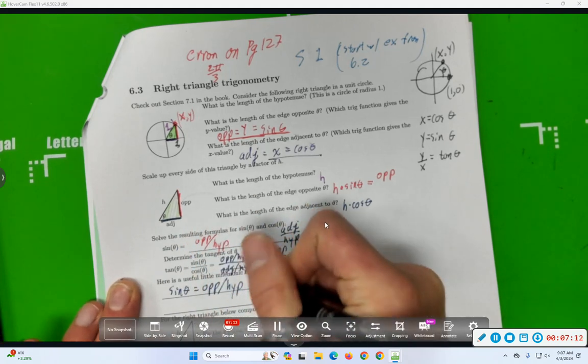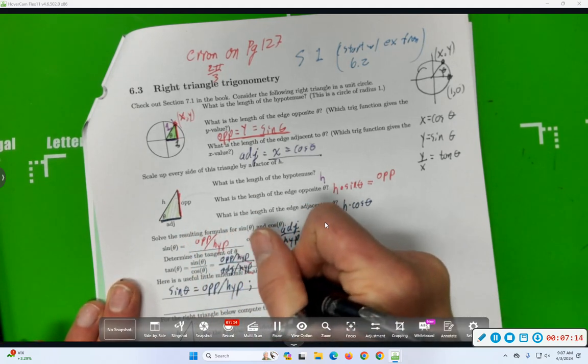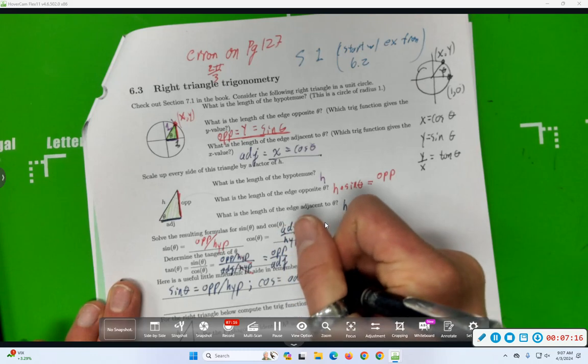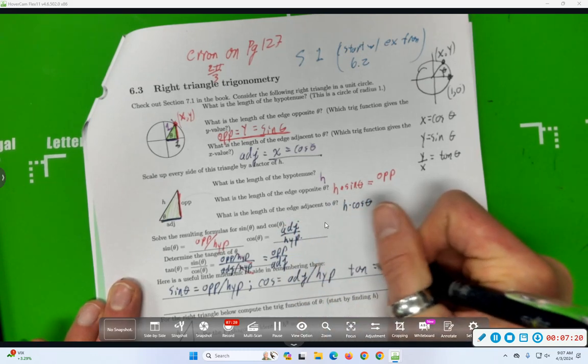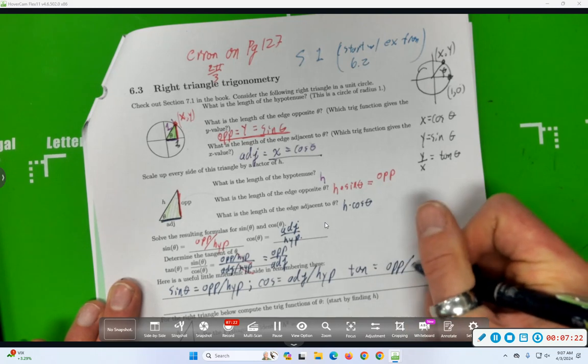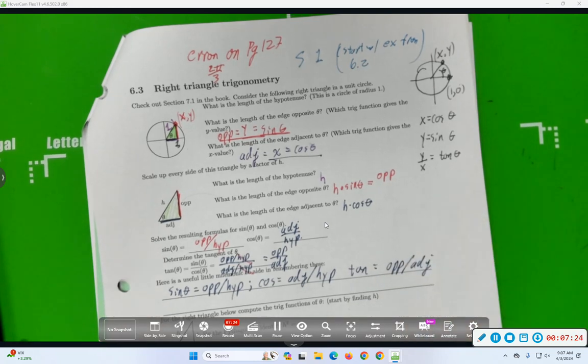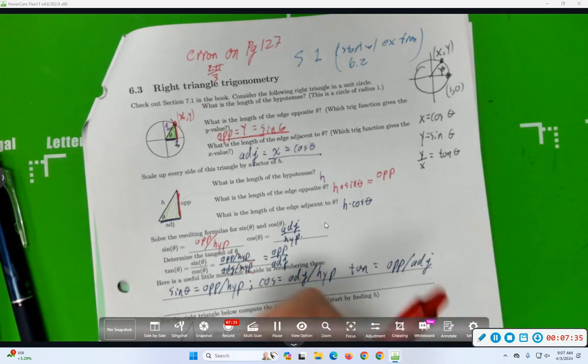Let's just list them. Sine is opposite over hypotenuse. Cosine is adjacent over hypotenuse. Tangent is opposite over adjacent. And in terms of a short-term mnemonic, because by the end of this class you should have those three facts bonded into your brain because you'll use them nonstop, but if you want a short-term mnemonic,